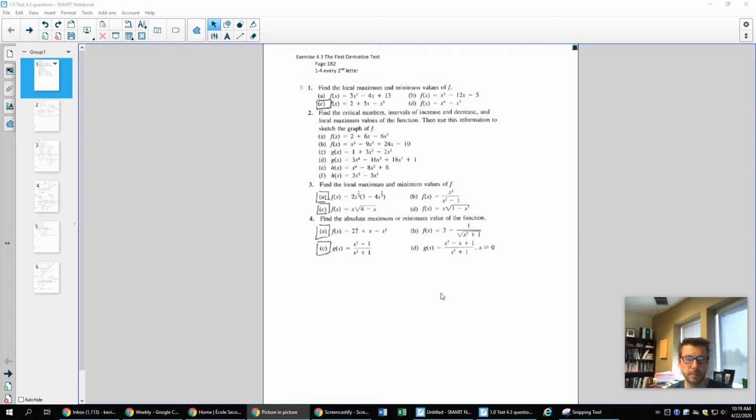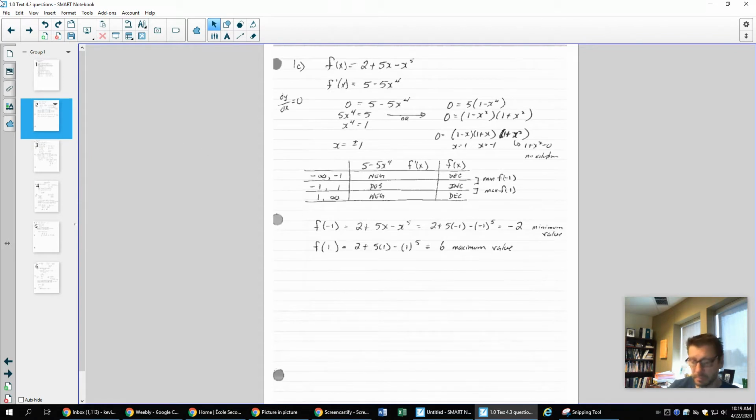Everyone, I thought I'd do a couple of examples just out of our textbook for finding local maximums and minimums or absolute maximums and minimums. Let's start off with example number 1C, and we'll talk again about how we're finding some of our numbers. We talk about critical numbers. So one of the most important things to identify is where is your slope equal to zero, or where is